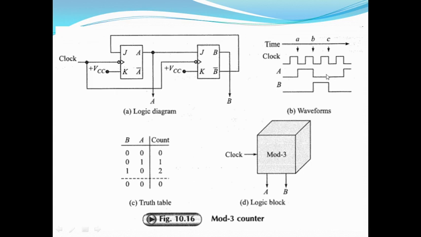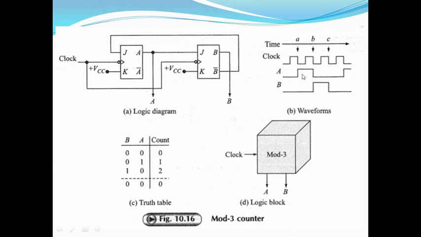So flip-flop A is supposed to be reset on arrival of the next negative edge of the clock pulse at the instant of time C, and since it was already reset, it remains reset, it remains 0. B is going to be reset at that time, changing state from 1 to 0. After C, both the flip-flop outputs are going to be 0, that you can see. So that can appear in the table also. The first condition is 0 0.